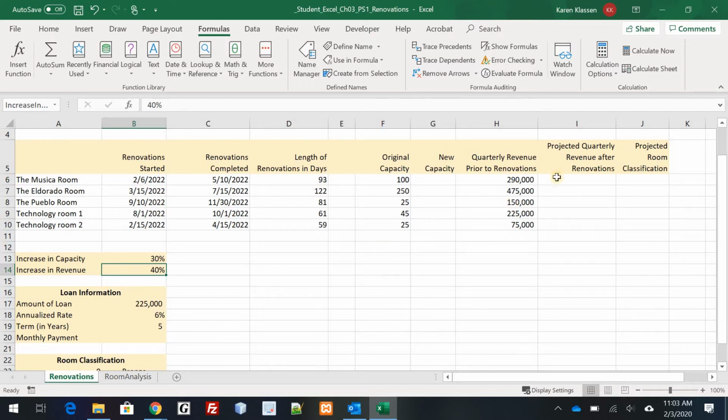So now we want to determine in I6 what the revenue will be after the renovations. Here's our revenue currently. This is what they feel the increase is going to be. So then we need to calculate what the projected revenue is going to be. If you want to know what the increase is going to be, what would we do? We'd really just multiply this times this, and that gives us only the increase, right? But we want to know what the total revenue will be, so we need to add that back into this